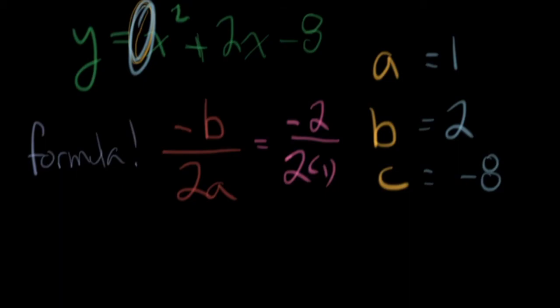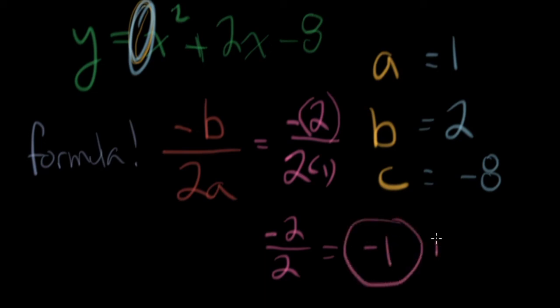Okay, so we plugged in all the numbers, your b and your a, and notice I should put brackets around this one because that's going to be really important later on. So we just do the math, and you get negative 2 over 2, which is going to be negative 1. So that is what we call our axis of symmetry,